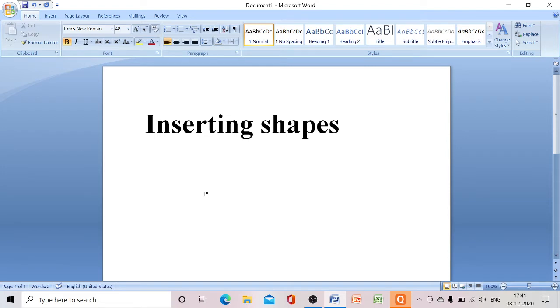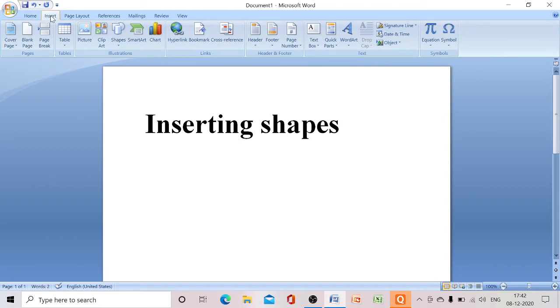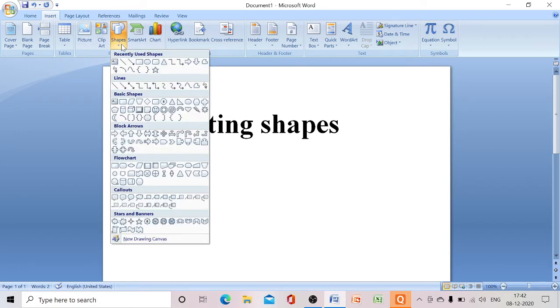To insert a shape, first we have to click on the insert tab. From that insert tab we can see the shapes option. We have to click on the shapes option. Can you see, different ready-made shapes are available in MS Word, provided by MS Word 2007.